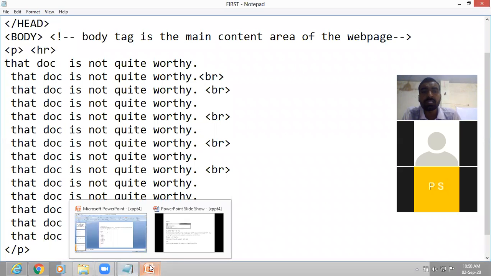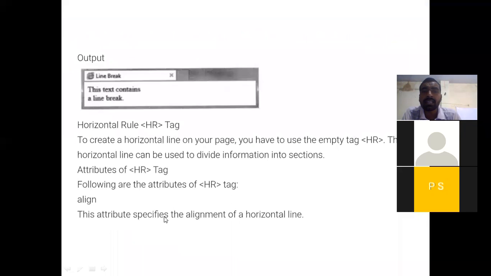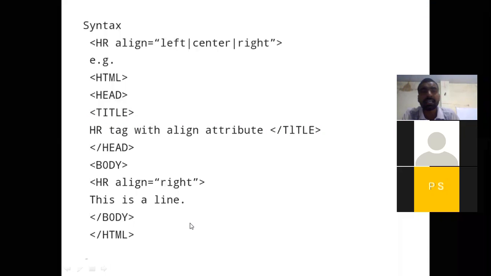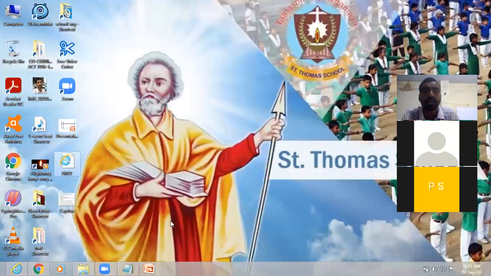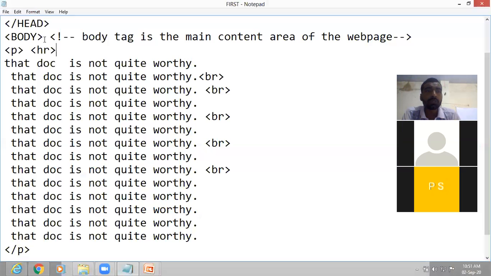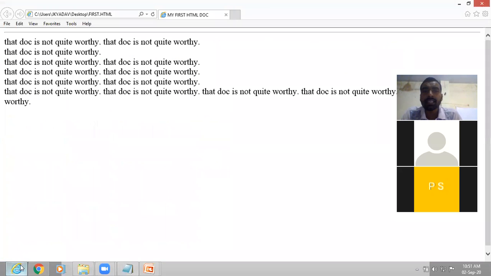Now let us use attributes. First attribute is align. So let us use the align attribute as right or center or left. Let us write HR space align equal to center. Now let us refresh the page by F5. Okay, now it is in center, but how can you guess it?